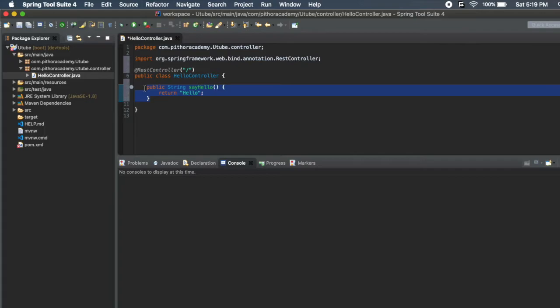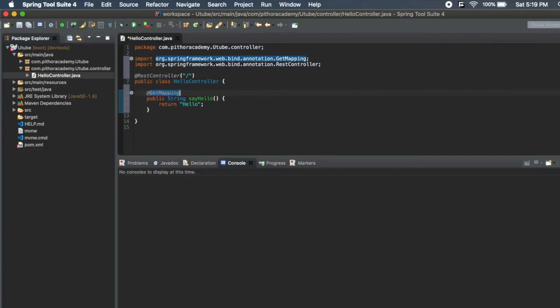The only thing left is that we have to add one HTTP method on which this method will be invoked. For that we have one annotation, that is @GetMapping. Using this annotation we can mark this method as a GET method.